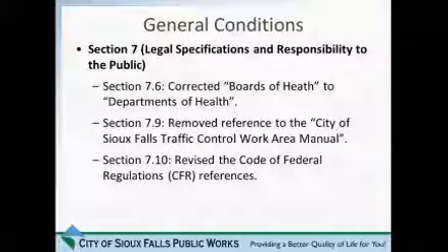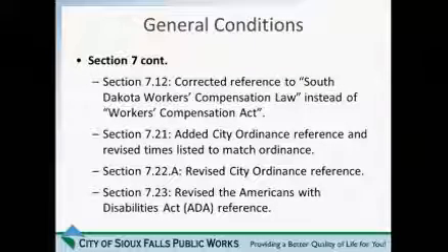Section 7.10, we cleaned up the references to the Code of Federal Regulations as it relates to the use of explosives and safety on construction sites. Section 7.12, we updated the reference to the South Dakota Workers' Compensation Law instead of the Workers' Compensation Act.